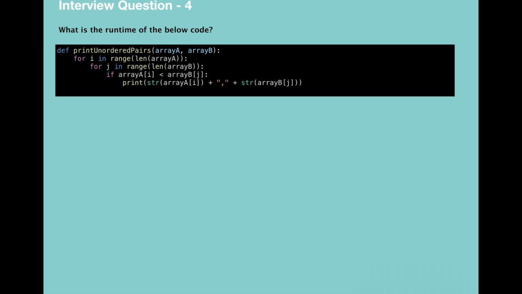Question number 4. Here we have another question where we need to find the time complexity. In this case, we have two different arrays as an input, and the loops over these arrays are nested. Basically, this method takes two different arrays, and in the outer loop, it runs through array A, and for each element of A, it runs through array B. Now let's find what the runtime of this code is. Now here again, I want you to pause the video and think if you can come up with your own answer.